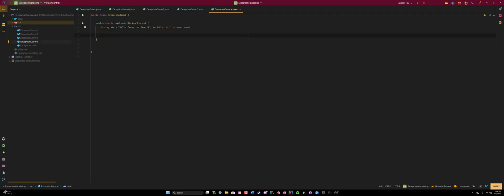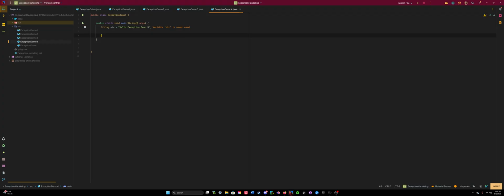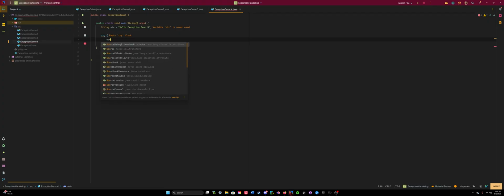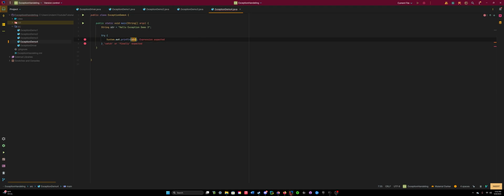So we have our string. Now let's try to catch another random index. So let's try some risky code. Let's try to print out the string at character of, let's see, the index is 22, so let's do 67. It's not gonna work, obviously, so we need to catch